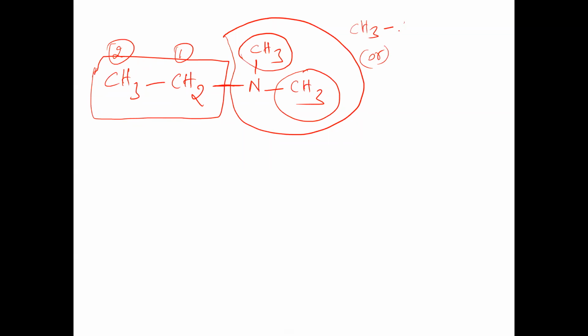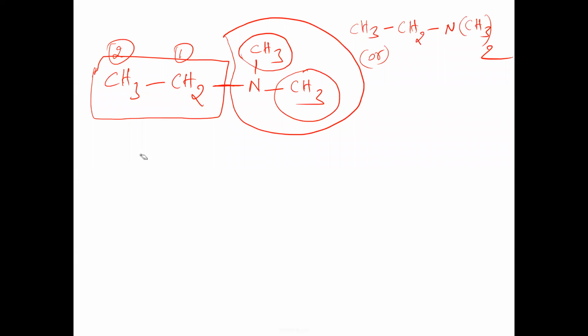The same thing, how could I show it? CH3, CH2, N(CH3) taken twice. That means what? Whenever you write within the bracket, these CH3 groups are attached to nitrogen. N(CH3) taken twice means 2 times the CH3 groups are attached to nitrogen here. The same thing we can show like this also. So we have to expand now. Whenever you take CH3 twice, here once CH3 is attached, here once CH3 is attached. So NH2 became N(CH3) taken twice.